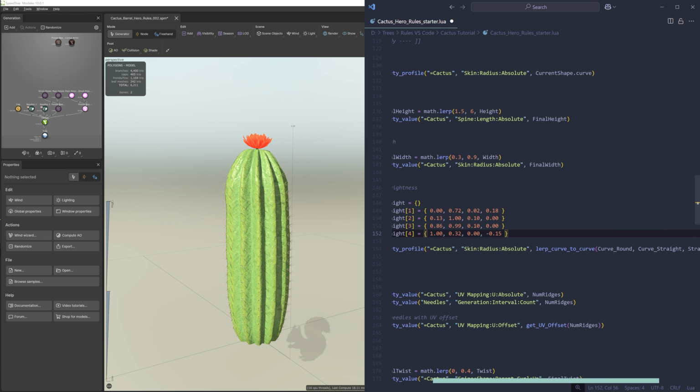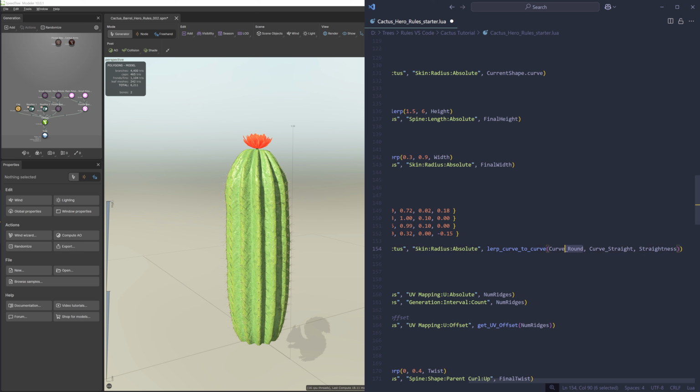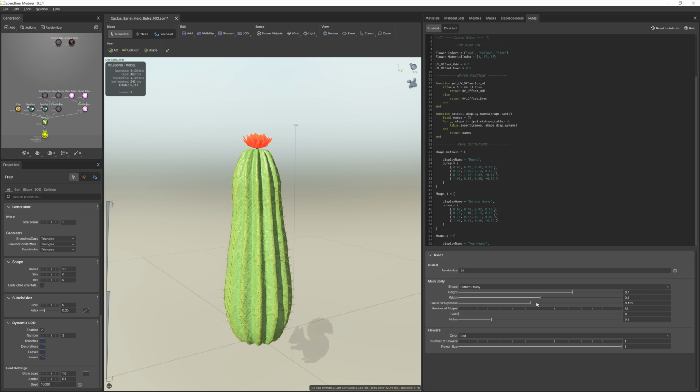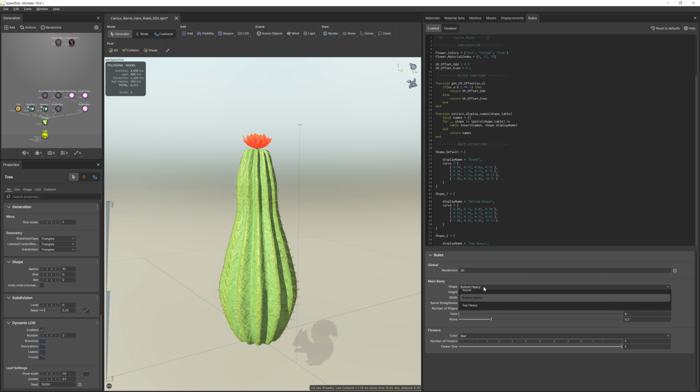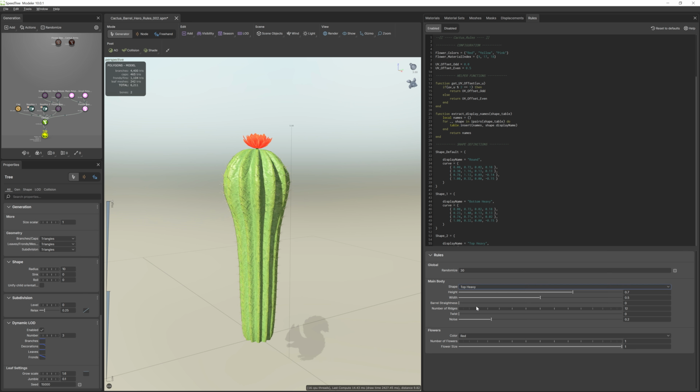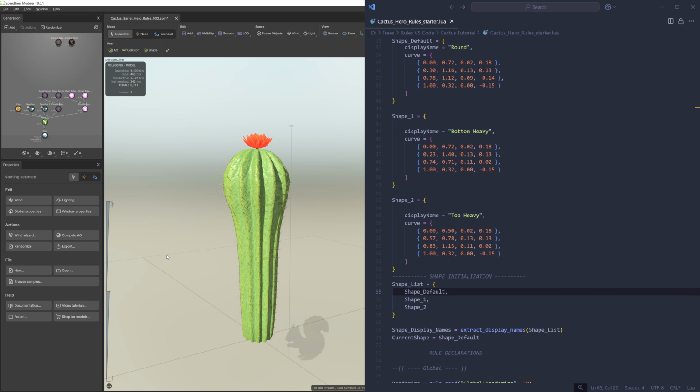So we can delete that, and then in our curve lerp, we can change curve round to current shape.curve. And now we can change the shape of our model with our dropdown. Additionally, we can tune how straight it is with the straightness slider, so we can get an infinite number of shapes. Okay, I'm going to do another quick save.